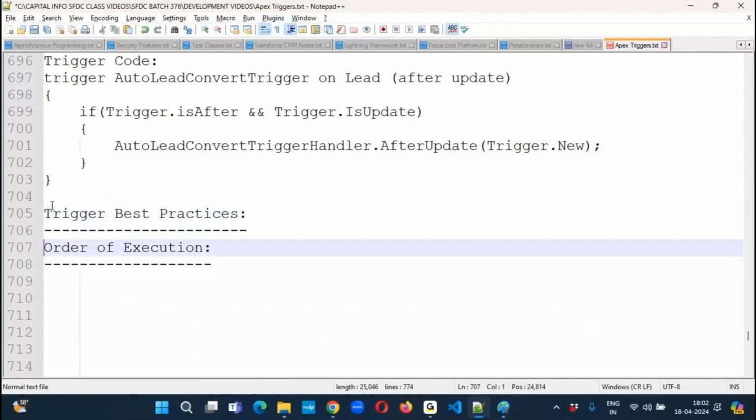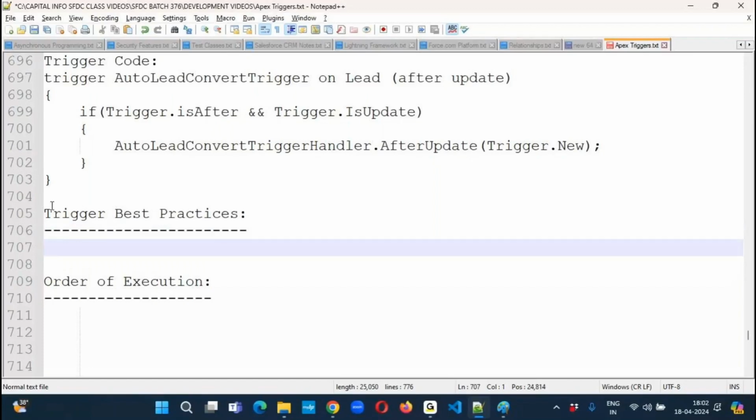Next one, we have two theoretical points available here. But these are not new. You know that concept. In each and every feature, I have explained that information, but now I have consolidated all the things in one place. That's it, nothing else. Whenever we are working on triggers,